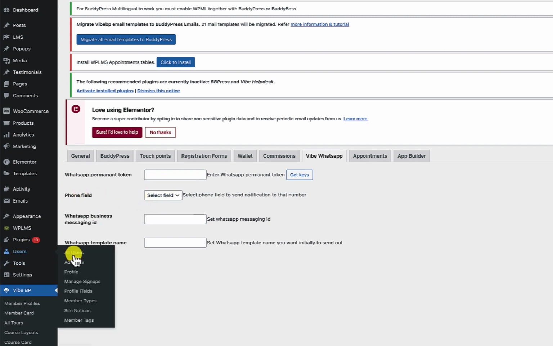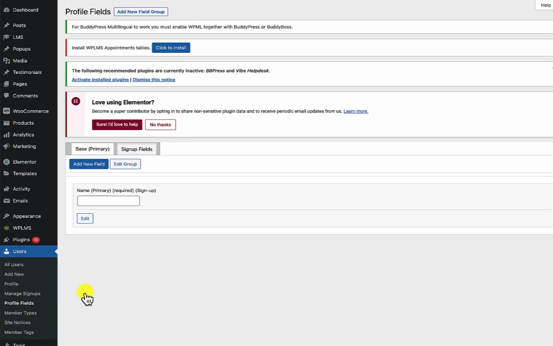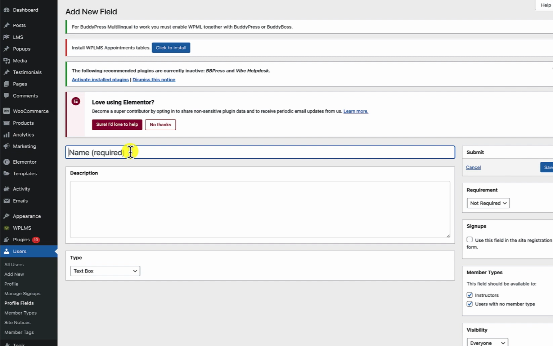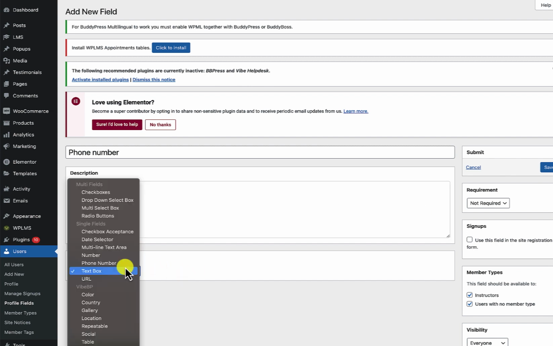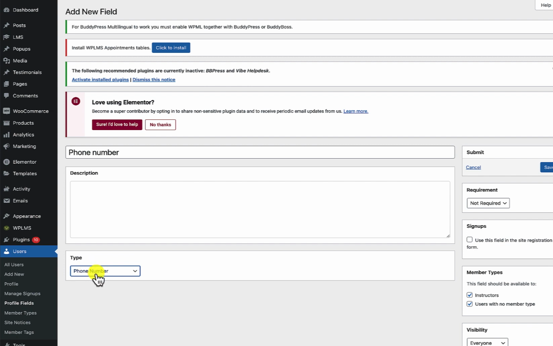So I'll go to users, profile fields, and I will create a new profile field called phone number. Now you can have multiple phone numbers, and all the profile fields that are labeled as phone, which means this phone number, they will appear in users. You can say personal phone number,